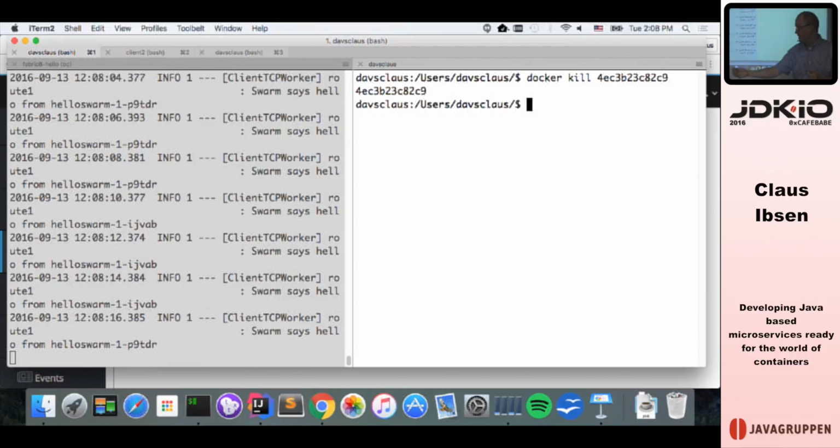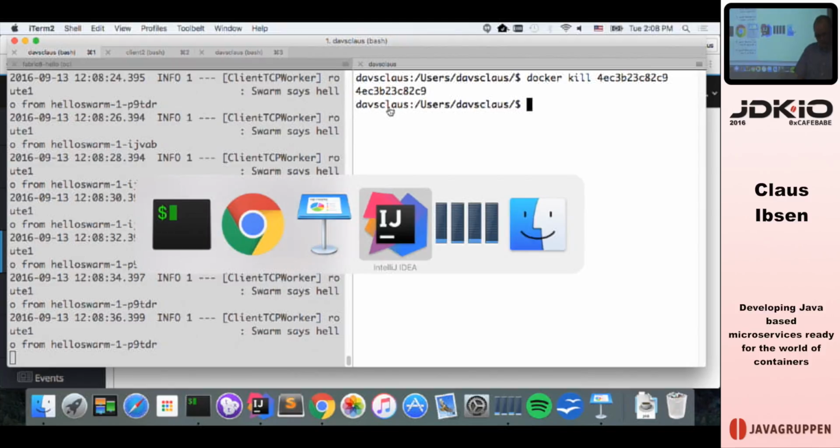So the solution for that is to implement a readiness check inside the WildFly Swarm application, and then it will only say okay when it's really ready, and the client calls it at the right moment. So you should always have some sort of readiness check in your containers. Now on the other side, it can still fail. The client can still call something that failed for some reason. So you need to build in some sort of redelivery or whatnot, or handle the error.